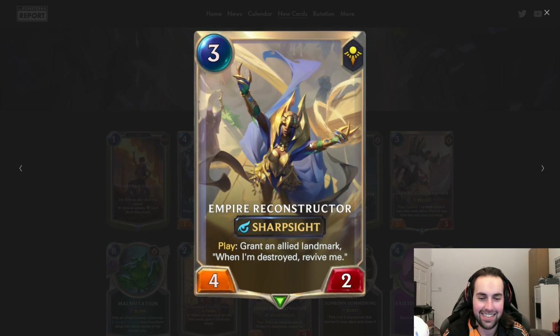Wow. Interesting. Wow, that's an interesting design. 3 mana, it's fairly cheap as well. I like that. I've also just realised...